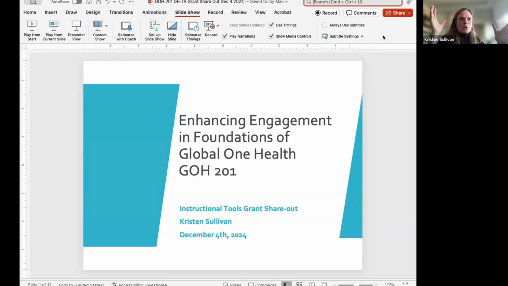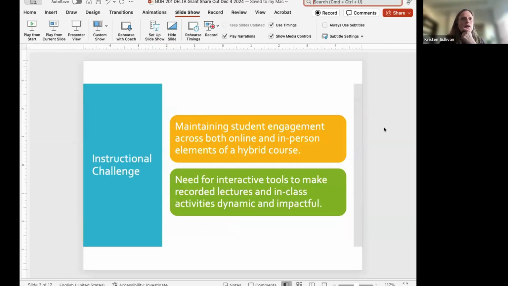And just briefly, One Health, for those who are unfamiliar, is the idea of bringing interdisciplinary approaches and systems thinking to complex global challenges that are at that intersection of human, animal, and environmental problems. Okay, so I was interested in maintaining student engagement, both online and in person, and needed to learn